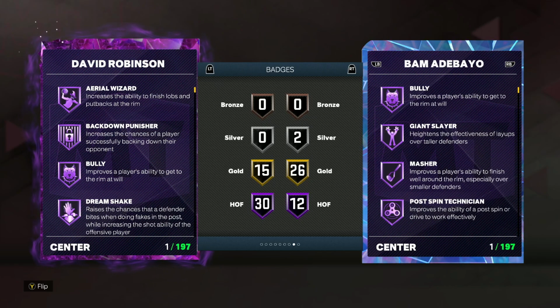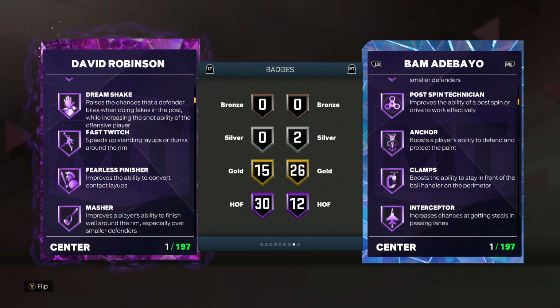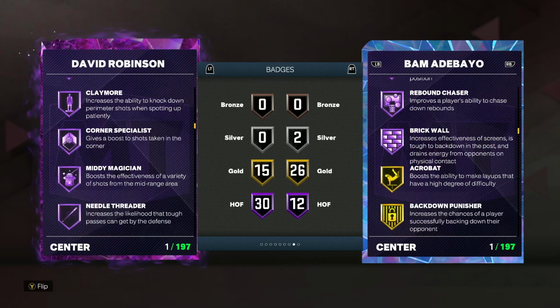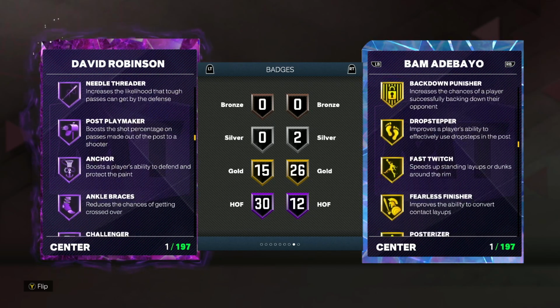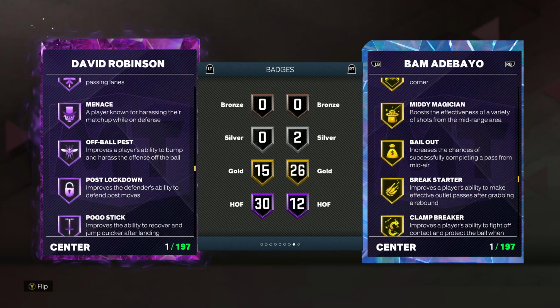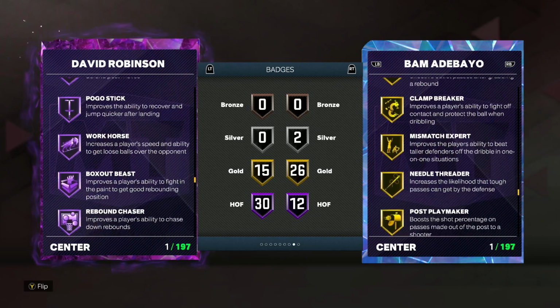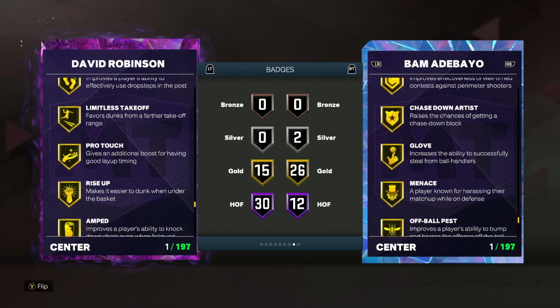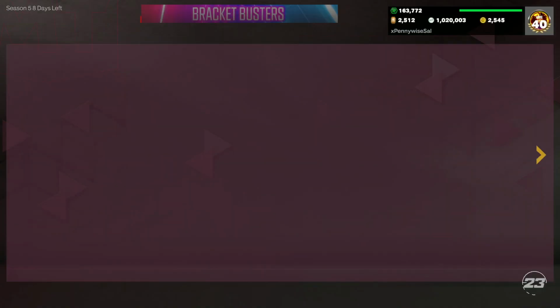And then he's a Dark Matter, so he does have 30 Hall of Fame badges, including Aerial Wizard, Bully, Dream Shake, Fast Switch, Fearless Finisher, Masher, Posterizer, Catch and Shoot, Claymore, Corner Specialist, Mini Magician, Anchor, Ankle Braces, Challenger, Chase Down Artist, Clamps, Glove, Interceptor, Menace, Off-Ball Pest, Post Lockdown, Pogo Stick, Workhorse, Box Out Beast, Rebound Chaser, and Brick Wall as well. So just all around, he's one of the better big man cards in the game,